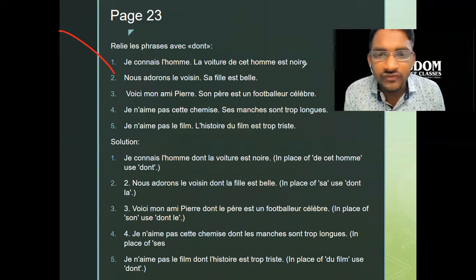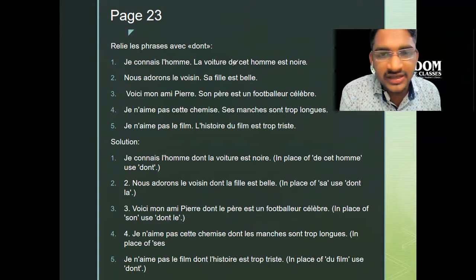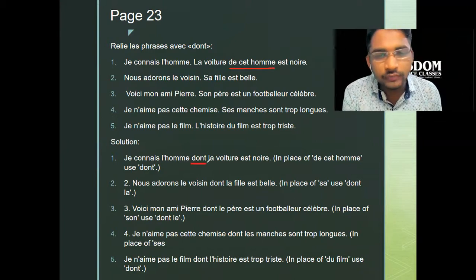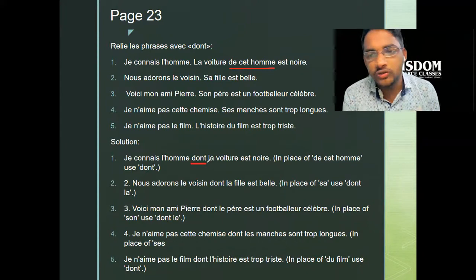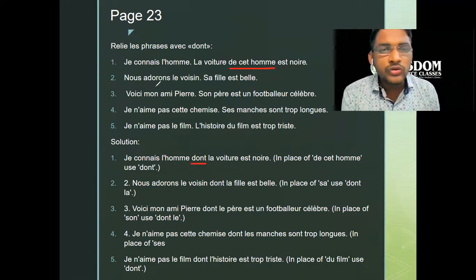The car of this man is black. तो बच्चे लोग अब इसमें कॉमन सेंटेंस क्या है, देखो ये वाला पार्ट कॉमन है। ओके तो देखो अभी क्या करना है, I know the man of whom the car is black. तो कॉमन पार्ट को तो एलिमिनेट करना है एंड यू हैव टू जॉइन द टू सेंटेंसेस विद द हेल्प ऑफ dont. वेरी वेरी सिंपल। सेकंड वन, nous adorons le voisin,